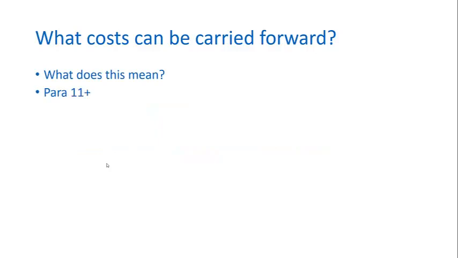What does this mean? Well, the standard goes into some significant explanation as to what type of costs can be carried forward in terms of inclusions. Import duties are obviously getting the inventory to its location. You can't import the inventory into the country without paying import duties. Shipping costs are getting it to its current location. Overheads in the manufacturing process, obviously costs incurred in getting the inventory to its location and condition.